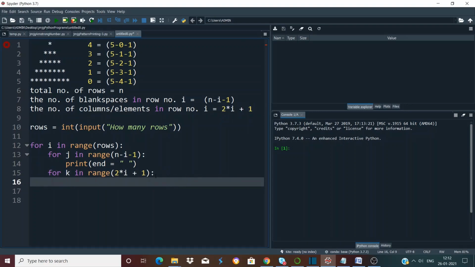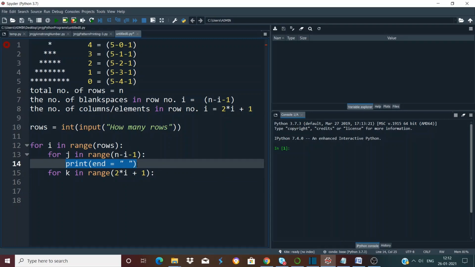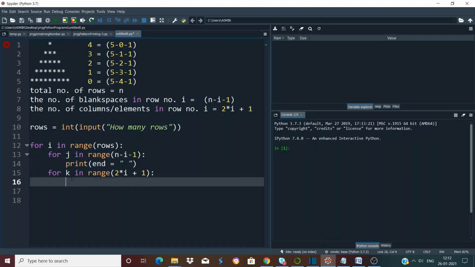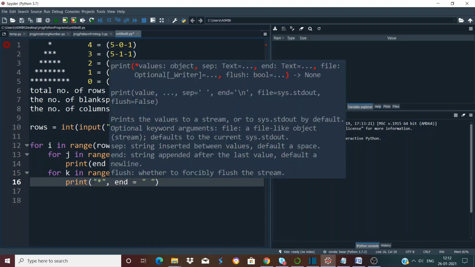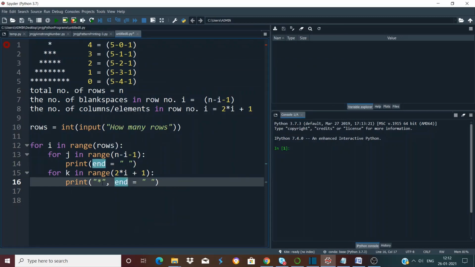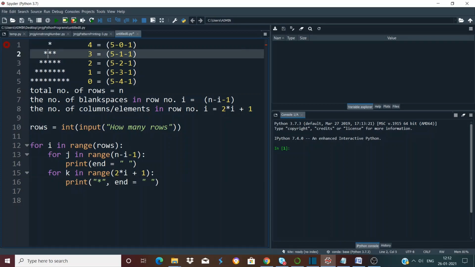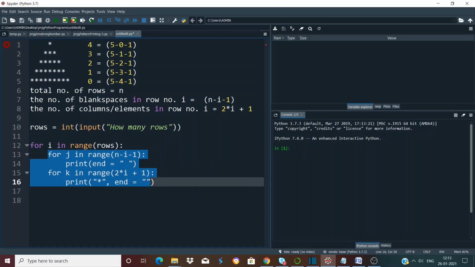And we will again print, and this time we will print a star. After printing a star, we don't want a blank space to be printed. As I have already mentioned, we don't want any blank space between two consecutive stars. So we will simply keep it an empty string. Fine. So we are done with printing one complete row using these two inner loops.